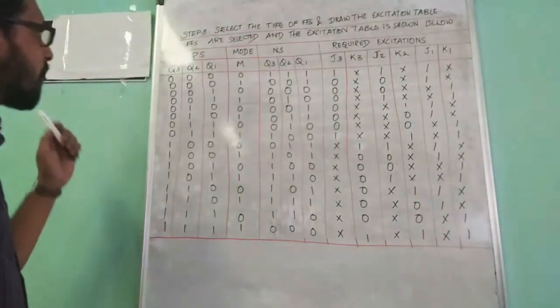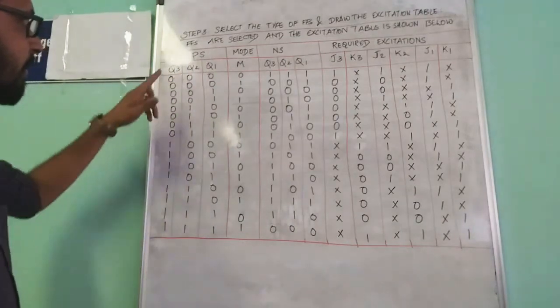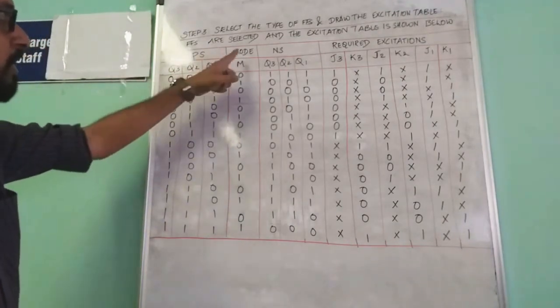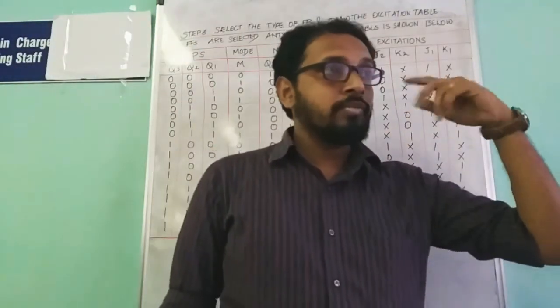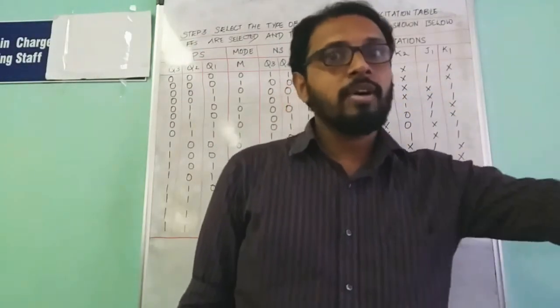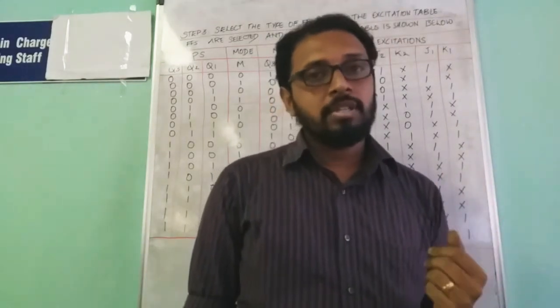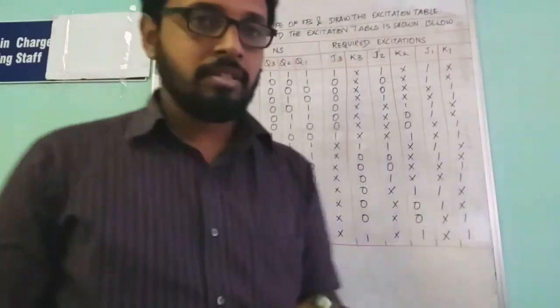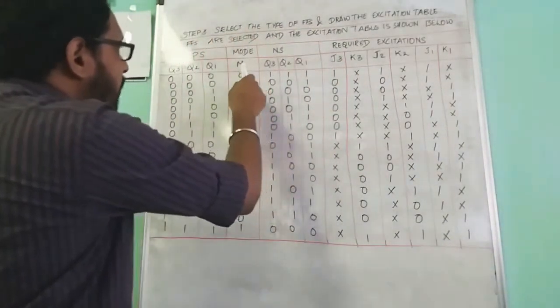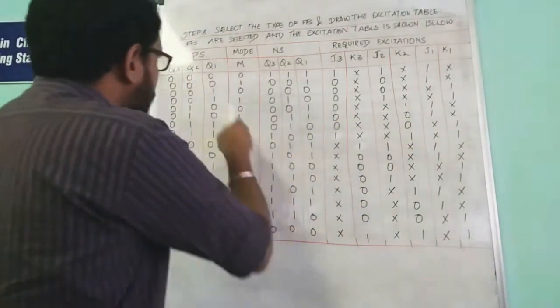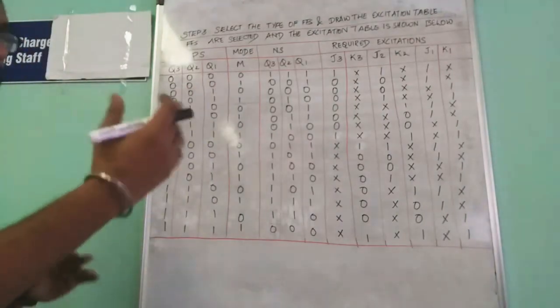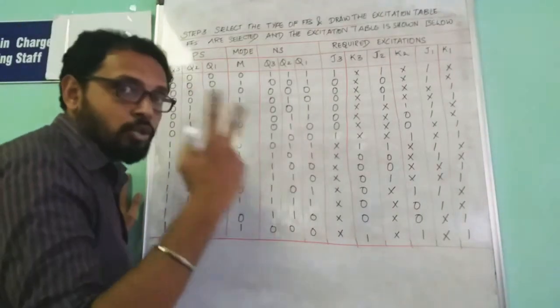This is the present state. We have Q3, Q2, Q1. This is the mode. That mode we have already discussed. When the value of mode is 1, it advances to the next state, and if the value of mode, or M, is equal to 0, we go back to the previous state. And since we are designing a 3-bit case, we need to repeat 0 0 0, 0 0 0. Mode will be 0 and 1.